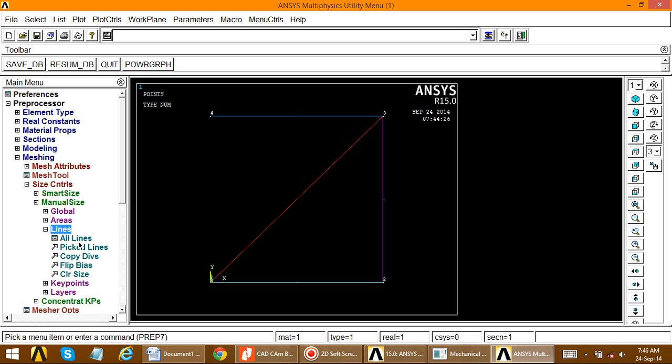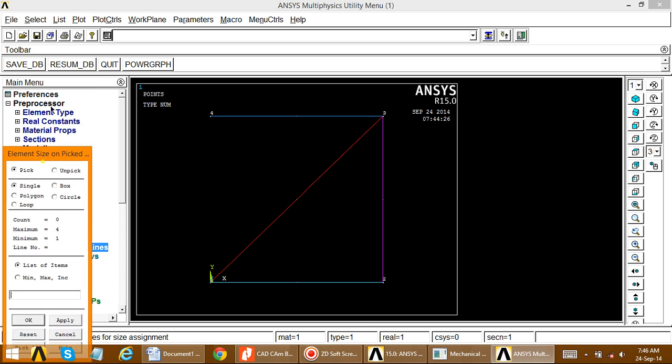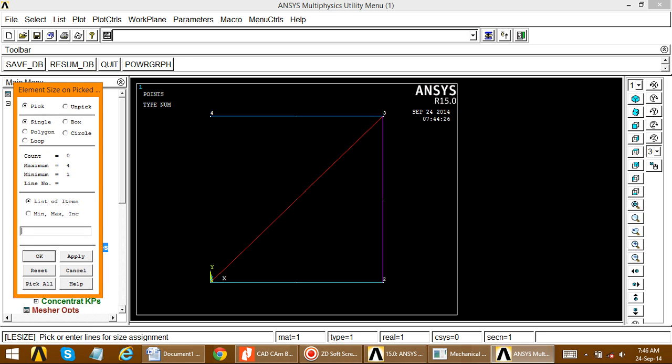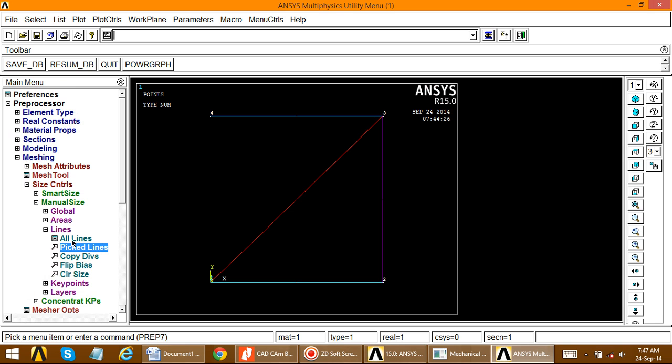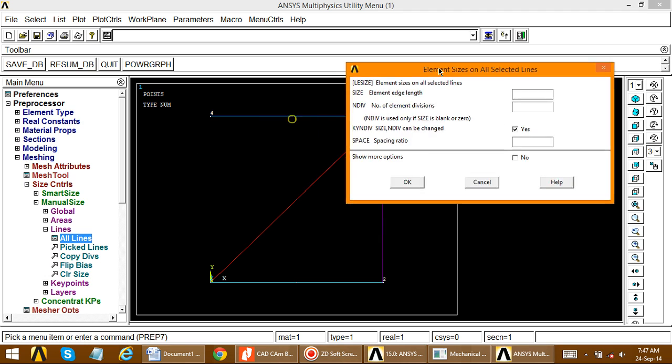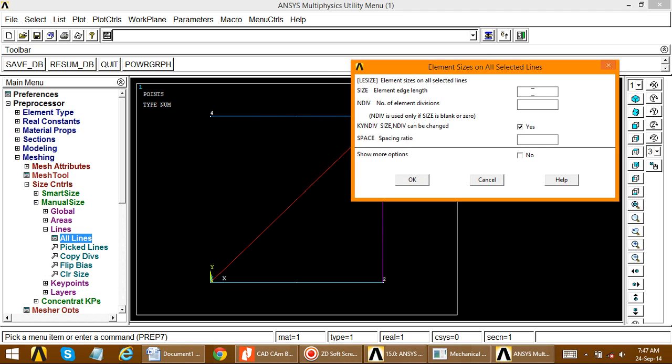Either pick all lines, or pick lines and select this one, this one, this one, this one. It's the same procedure. Instead of doing this, just cancel this and pick all lines. So all lines are selected. For element edge length or number of element divisions, we want the element division equal to 1. That is, as a whole element we define one mesh size.